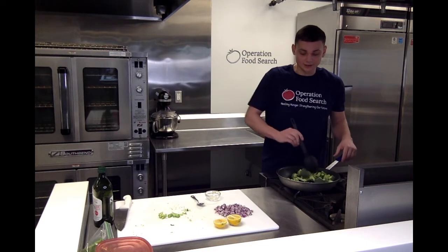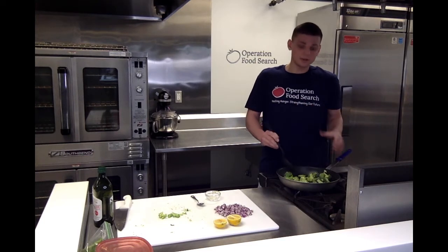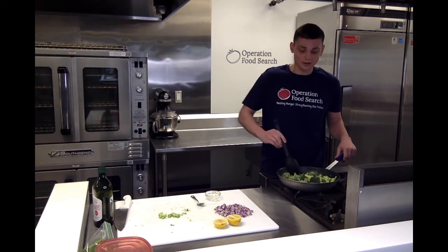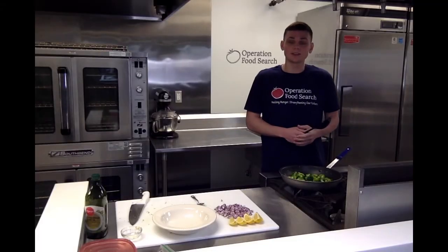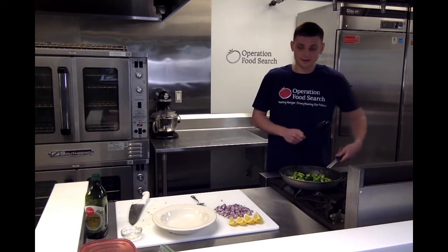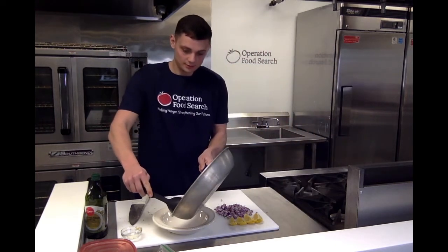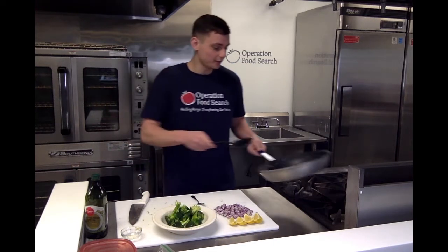You can hear the sizzle, and you want to be careful not to let it sit in one spot too much so it doesn't burn. But in about 4 to 5 minutes, this should be good to go, and then we'll take it out of the pan. After it's done cooking, you can just transfer it to a bowl, and then we'll finish it off by